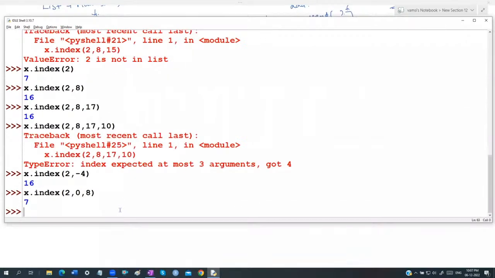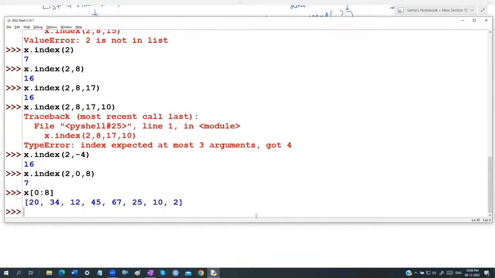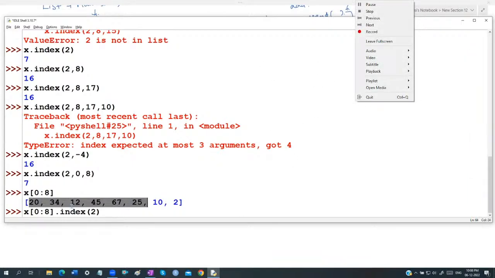Okay. If you want to do that, there are other techniques. In those cases, first we are going to do some kind of slicing like this. This is the slicing concept. This is actually a list only. Then you can find it. For example, x of 0 to 8, within this particular range, dot, I can say the index of 2. Now what output will come? x of 0 to 8 is going to be one list. So how many elements are there? 1, 2, 3, 4, 5, 6, 7, 8. We are getting 8 elements. Then obviously,